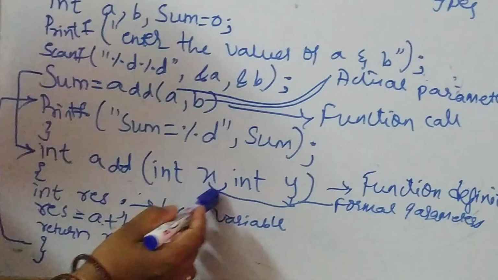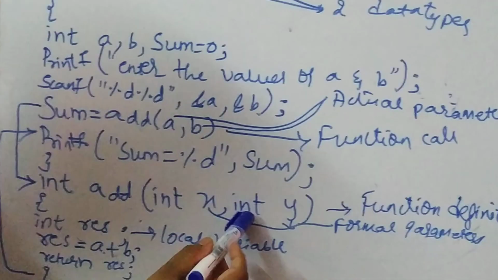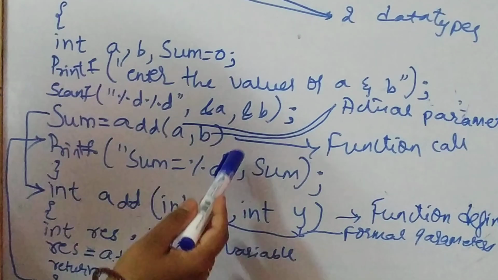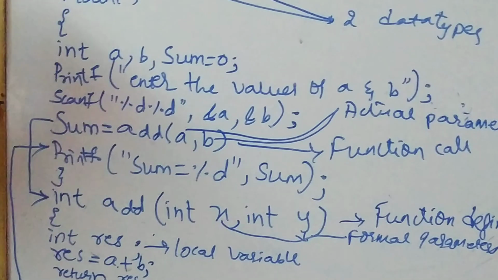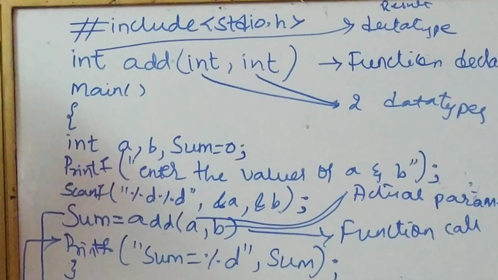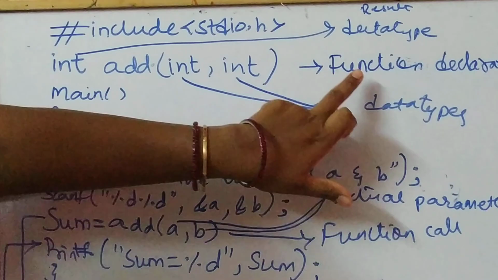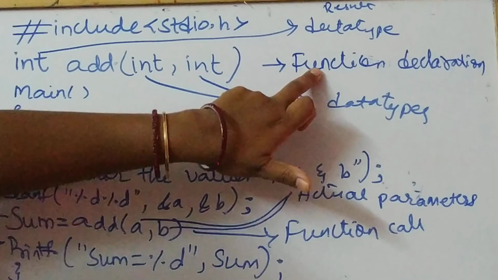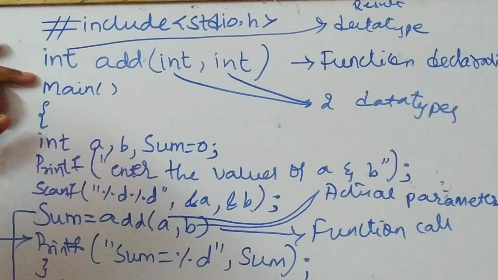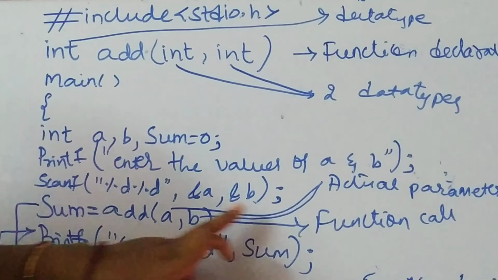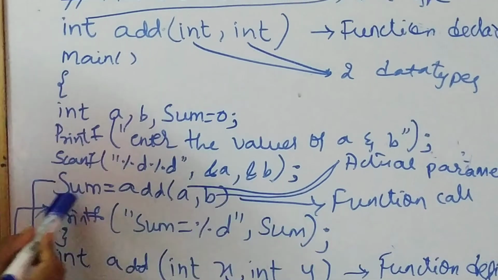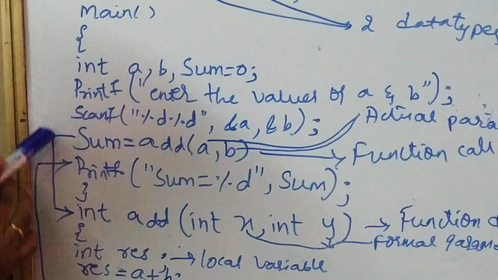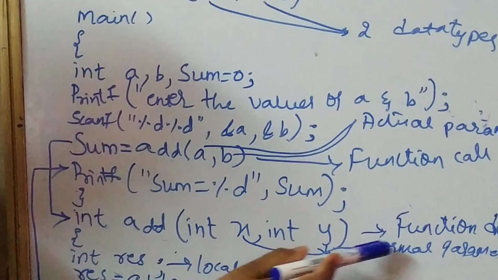Instead of x and y parameters, we can even use a and b. So okay, it is clear. Int, this is the function declaration, that is above the main function. We can see this is the function call here in the main function, and outside the main function we are going to define the